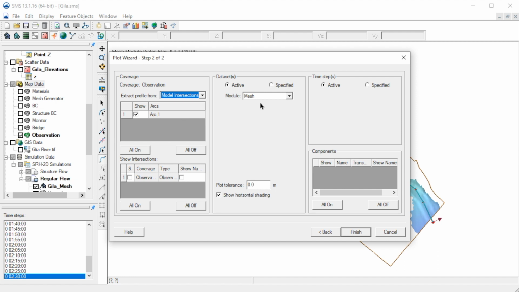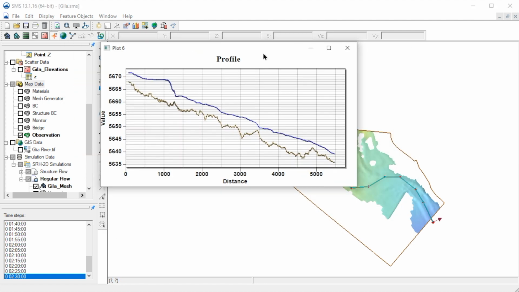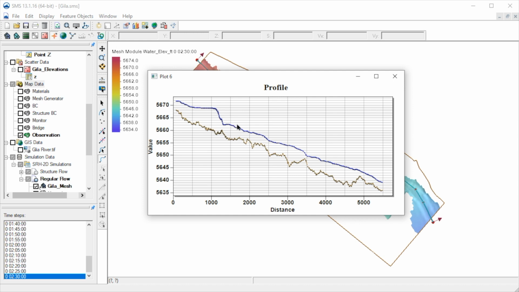We'll then click on Specify Datasets and select which datasets to plot. Let's choose the Z and the water elevation datasets. This creates a plot along the arc for the two datasets selected. We can do this along any arc we create.